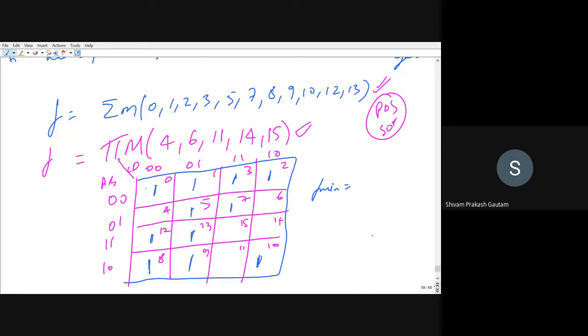Then we have to go for step number 4. In step number 4, first you have to see whether an octet is possible. That is, can you pair 8 cells at a time? No, sir, because 4 is empty. If 4 is 1, then you can pair like this, and this can be called an octet. But right now 4 is not present, so an octet is not possible.